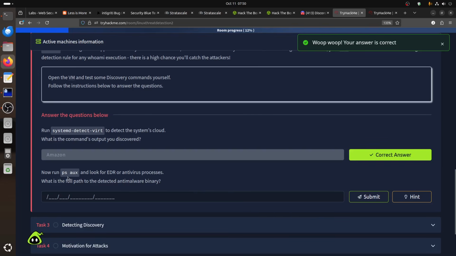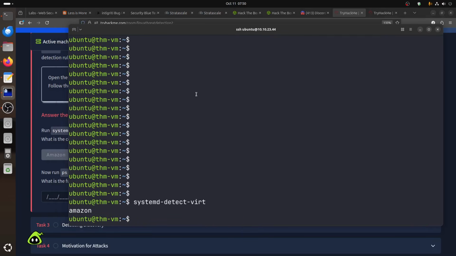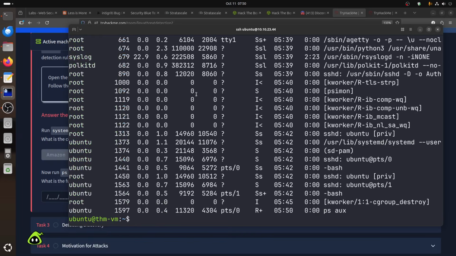Now they said run ps aux and look for EDR antivirus processes. What's the full path of the detected anti-malware binary? This one I get confused because when I ran ps aux the first time I couldn't find it. I was looking, but usually that's what you do. You usually use grep and look for keywords like